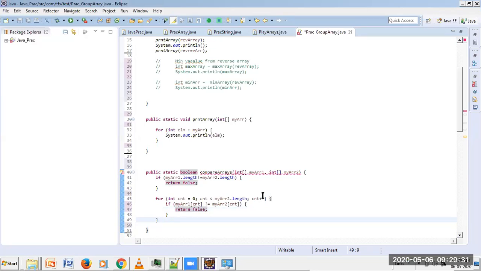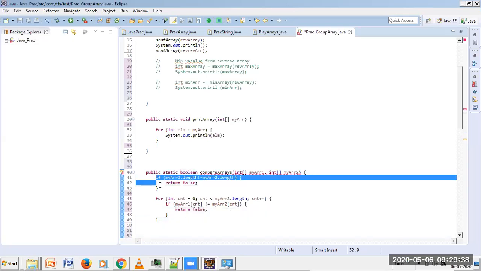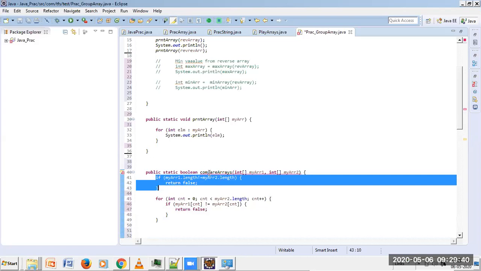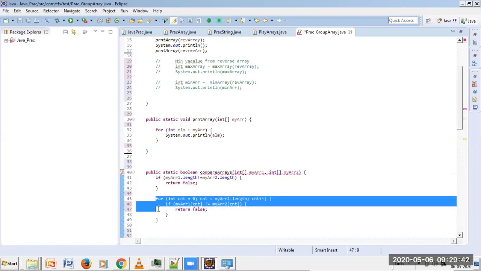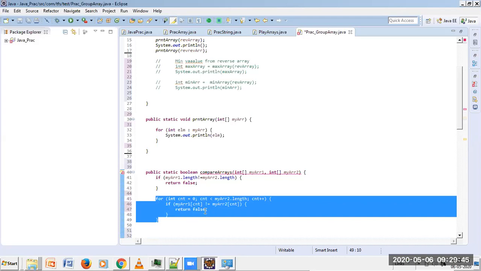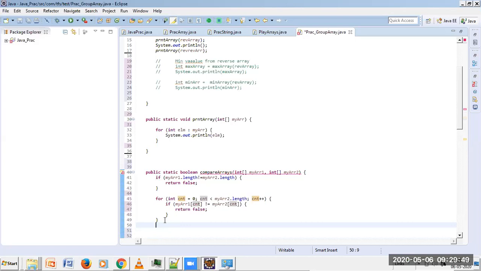Be with me. Can you see, if I put a cursor over here, this gets highlighted. So if it does not get out of this if, both the lengths are the same, and if this does not get out of this if, all the values are equal, that means I am out of this for loop, so I can just return true over here. Hope you're clear. So when it returns true, that means all the values are equal. Good with me on this point?